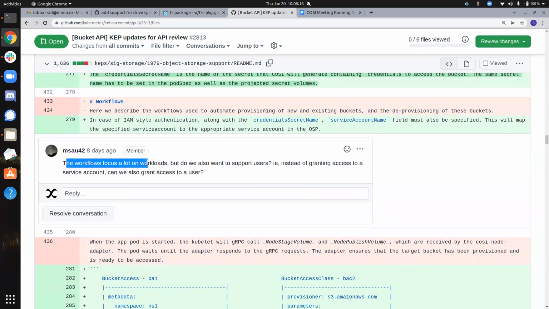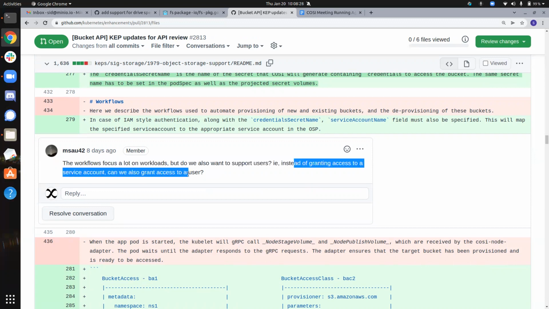So I'm trying to understand this question a little bit more, but I think she means the workflow focuses a lot on workloads, but we also want to support users. Instead of granting access to service accounts, can we also grant access to a user? Maybe I haven't been clear so far, but I'm not sure if she means grant act as in, like, does she mean only people with a particular